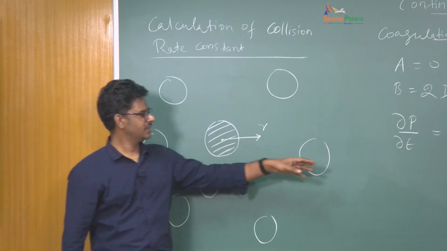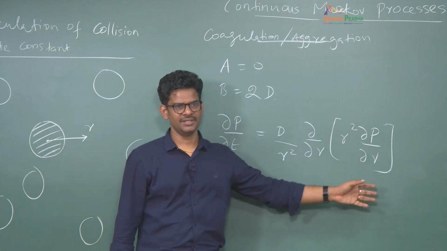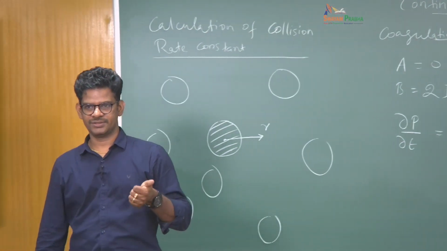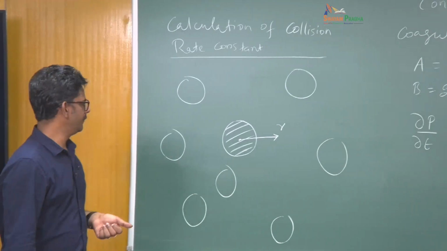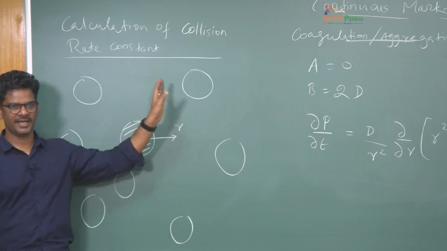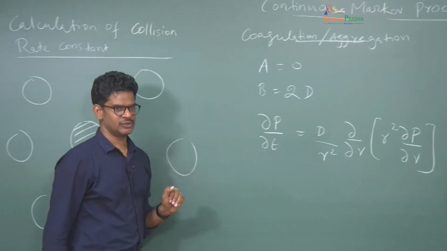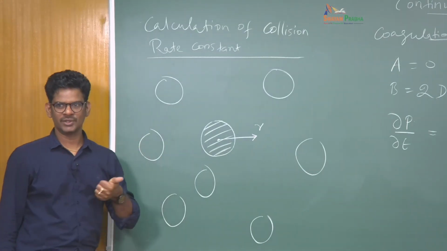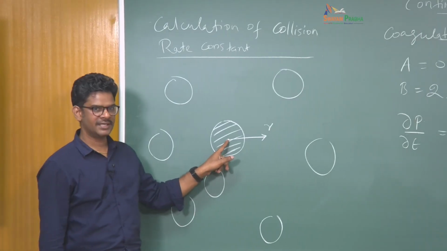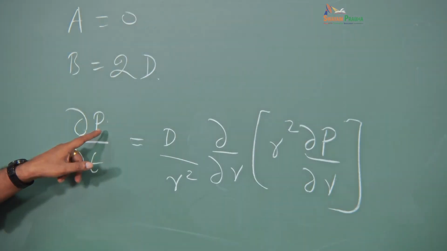The Laplacian operator, or the second order differential term that you see here, is now written in the radial coordinate system. If you have anisotropy in the azimuthal and polar angles, you can have other terms here also. But here we are seeking an analytical solution, and the simplest thing you can do is look at only the radial variation. So from r equal to 0, you are looking radially outward and asking what is the probability P of finding a particle.